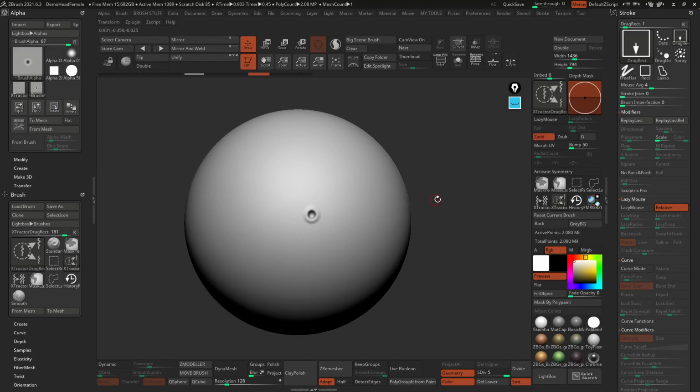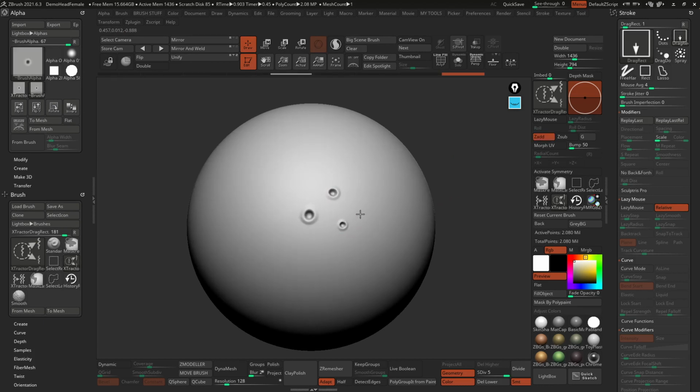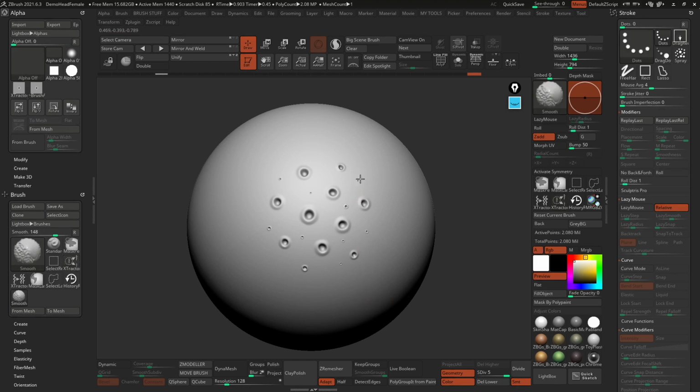So now that we have that, let's go ahead and place a couple more of those pores around, something like that. It could be pretty random, but you see the longer that you drag, the larger that detail is going to be. So you can just drag a little bit and make smaller points, right? Pretty straightforward. And if you want, you can also hold the shift key just to smooth out some of those so that they're not as intense and they can just work as a kind of bump.